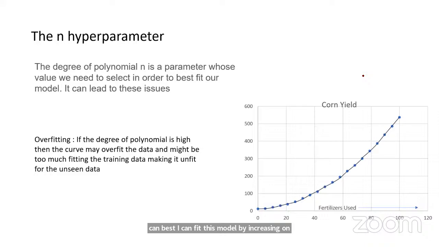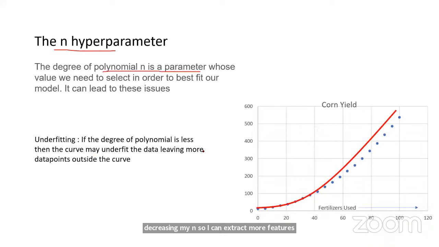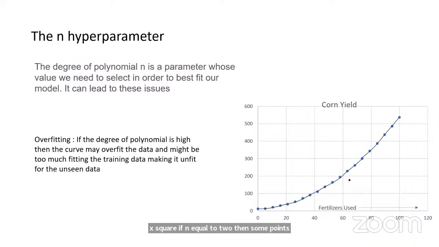So if the degree of polynomial is less, let's say y equal to x square, if n equal to 2, then some points might not fit. If the degree of polynomial is very high, then it might fit all the points in this graph. Okay, so